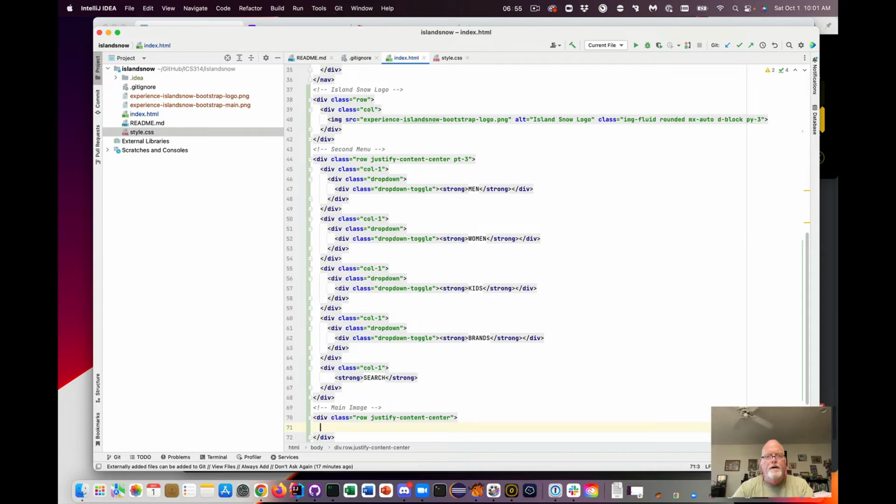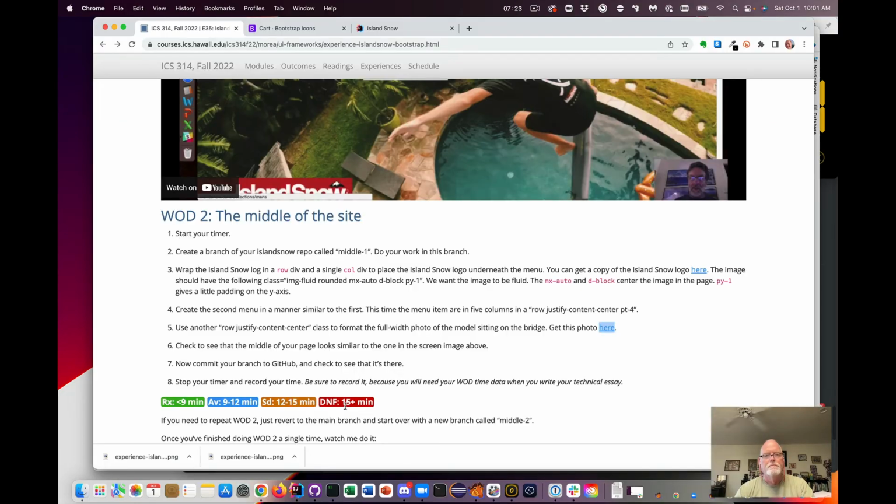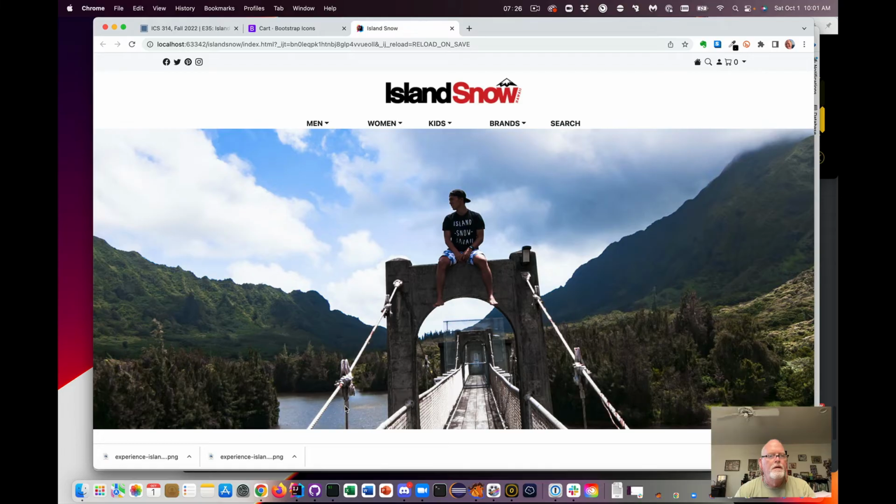And then we want our image. Let's see if we just create an image. The source is the main. We have a class. We want image fluid, so it fills the space. We don't need the rounded. If we don't need rounded, and that's it. Let's see what we got. Oh, looks pretty good,